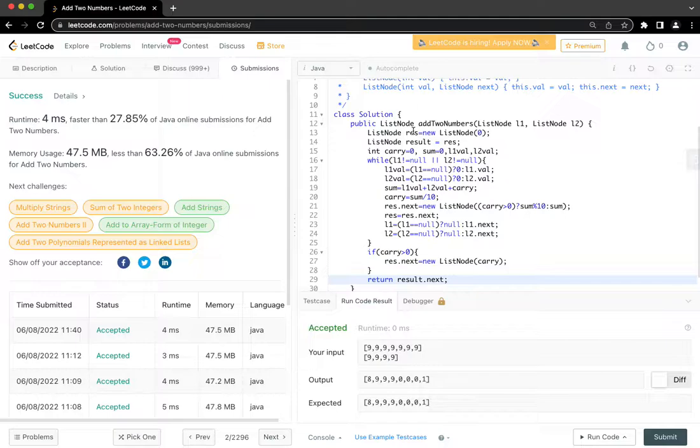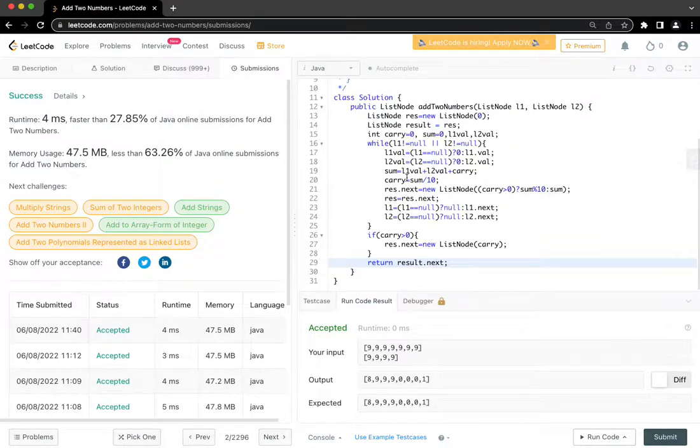I think there might be better ways to not at least do the space part of it. I will think about it and add it as a comment later on. But if you think of any better solution where we can save on space or something like that, let me know in the comments. And for this solution, if you have any questions for me, then please comment